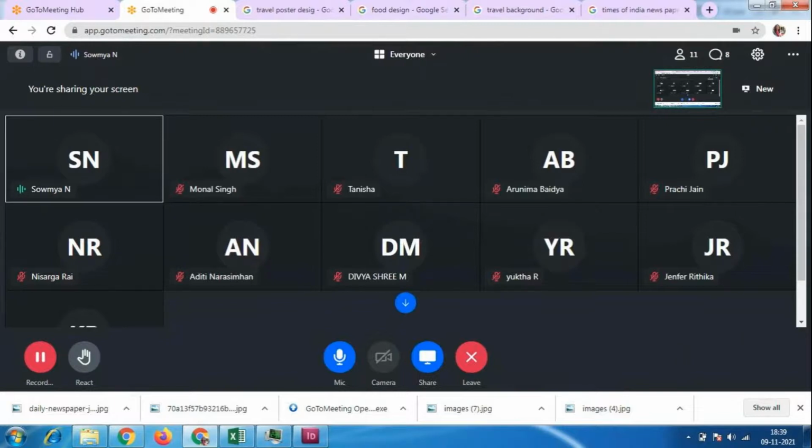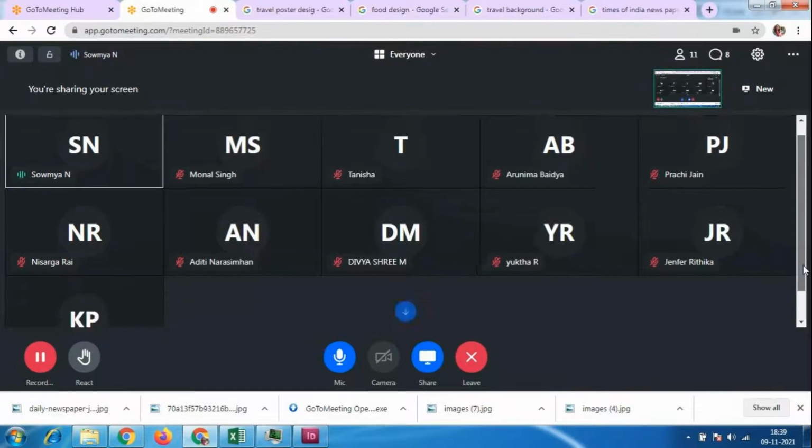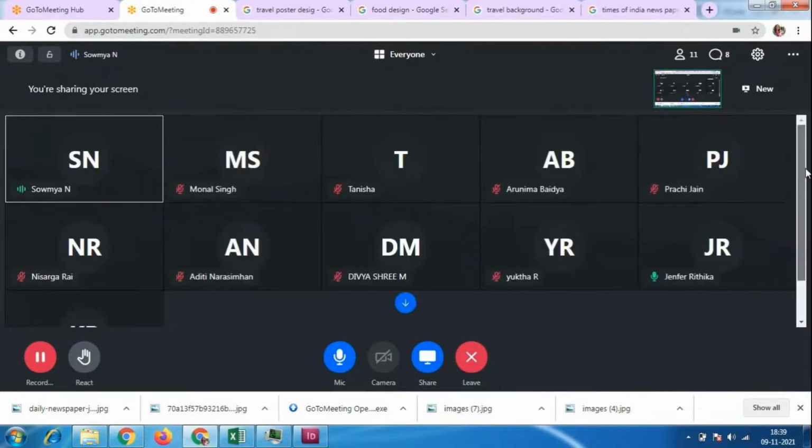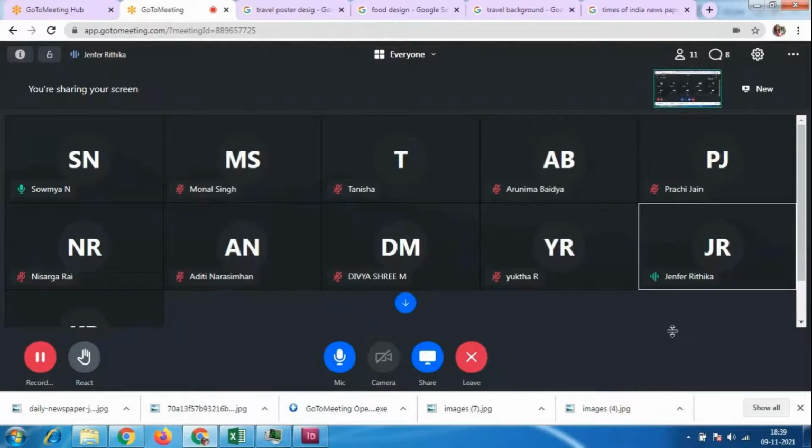Tanisha, Arunima, already downloaded the software. Ma'am, the maximum page size is 5486 into 5486, and maximum pages per document can be up to 9999.